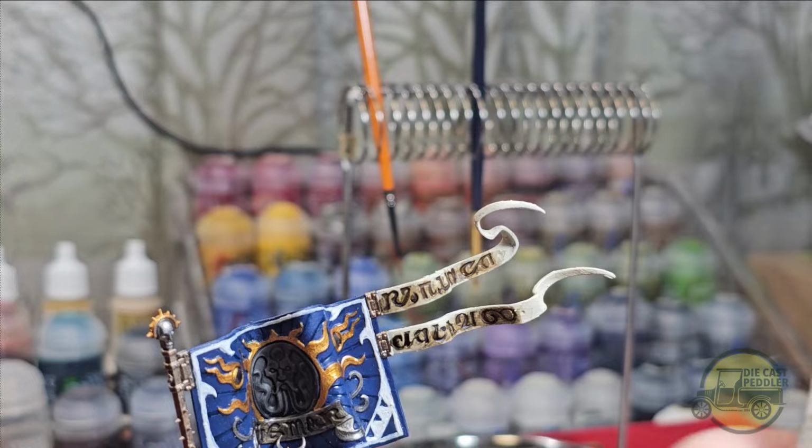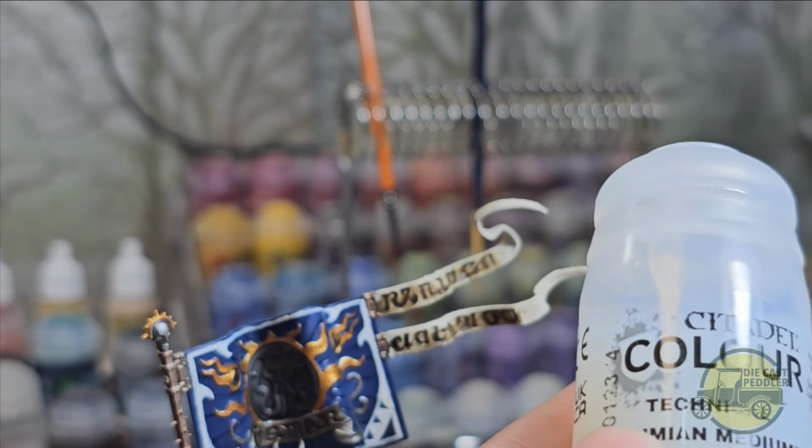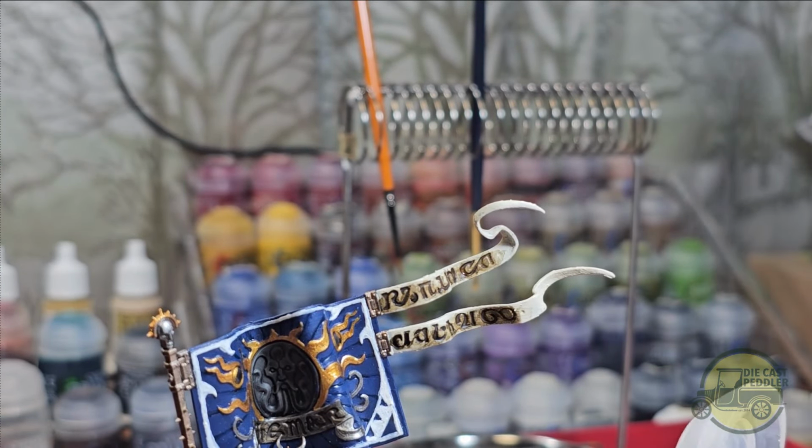One of the most important things when layering using Celestial Grey, because this is a base color, is that we need to use Lahmian Medium to